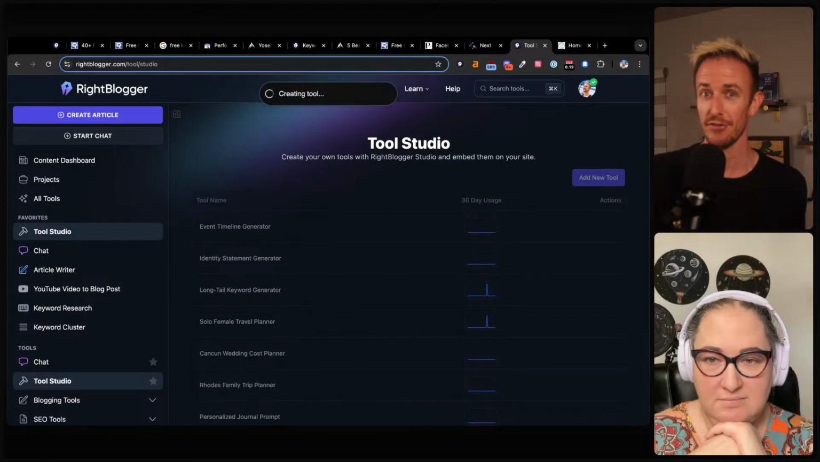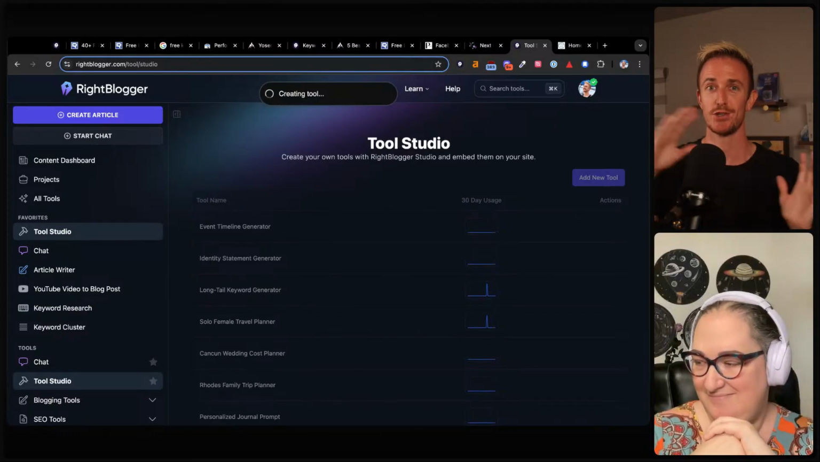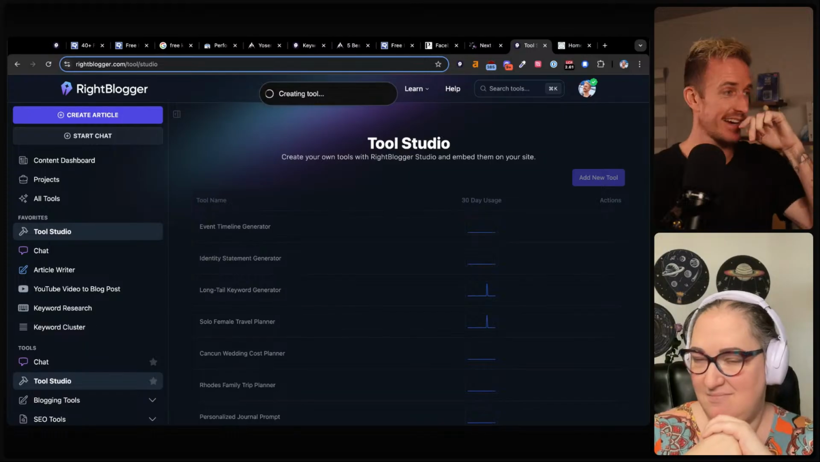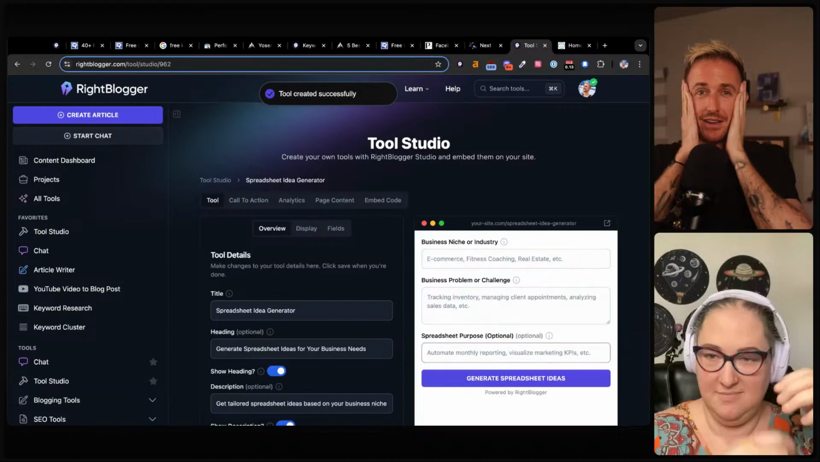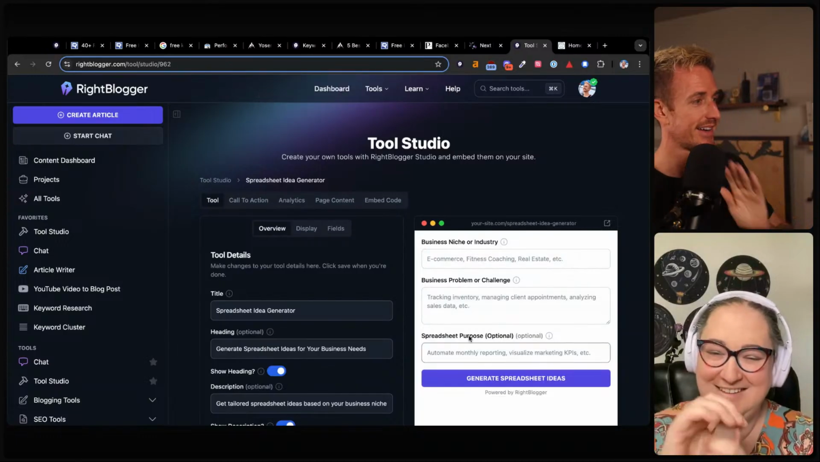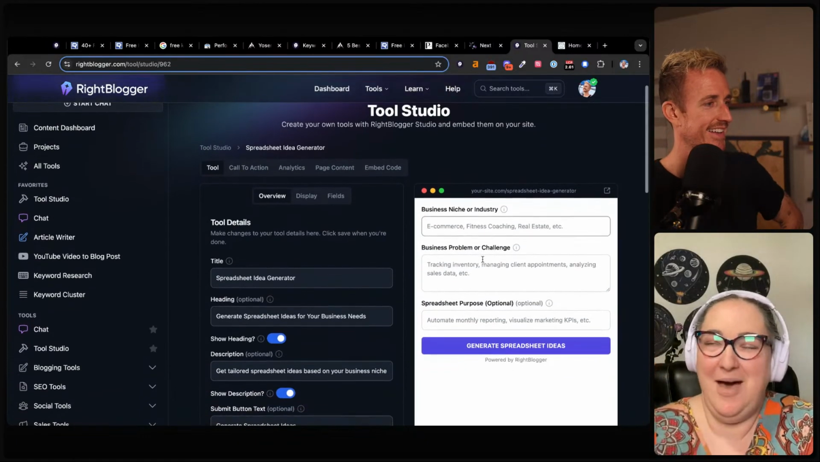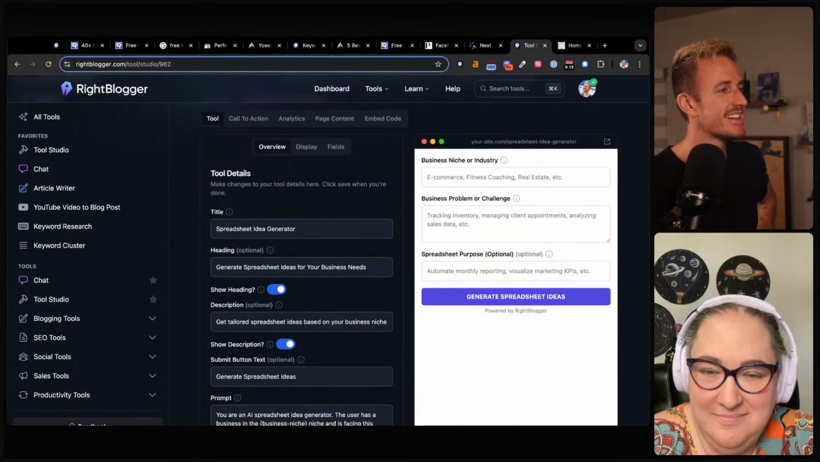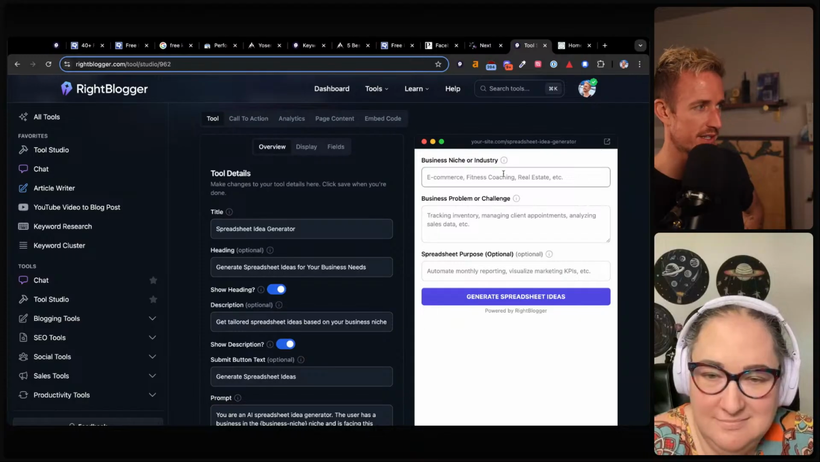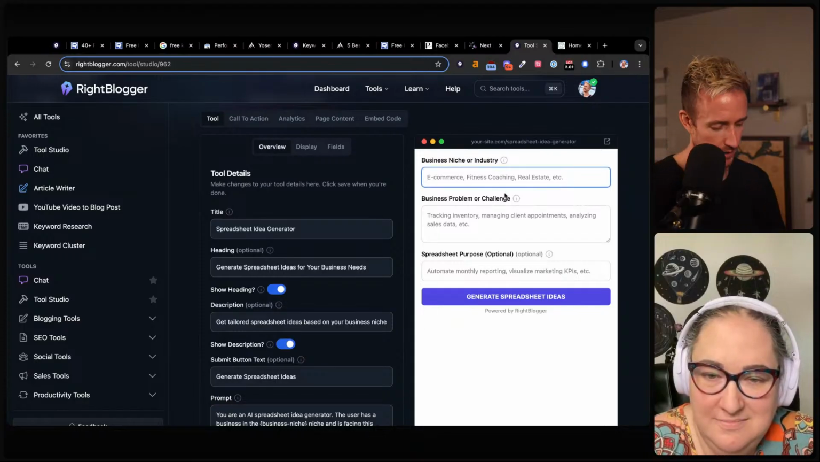This is part of the fun, honestly, is seeing which direction AI takes these in. Because sometimes it comes up with stuff that I'm like, oh my God, what a no-brainer. Like, I never would have thought of that. Why didn't I think of that? Okay, so we've got the business niche or industry, right? Like, let's just say personal finance, and we should just show an